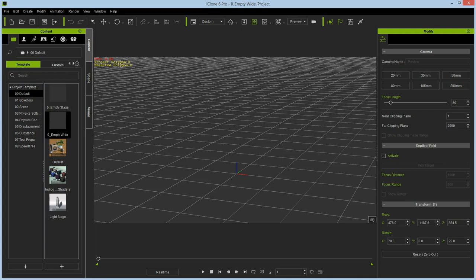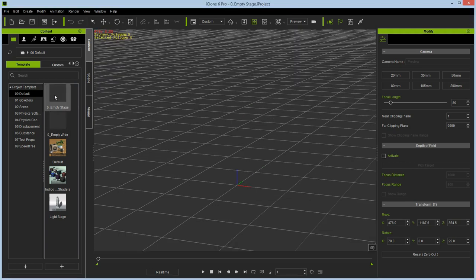These are two default projects that come with iClone to get you up and started. I can return us to the 4:3 aspect ratio project by selecting this empty stage, and I can also do this by double clicking on the thumbnail. And now we're back to our 4:3 aspect ratio default project. You can of course choose from a range of predetermined ratios, as well as create your own custom ones as well. To understand why it is important to make this decision now before we start our camera work, I'm going